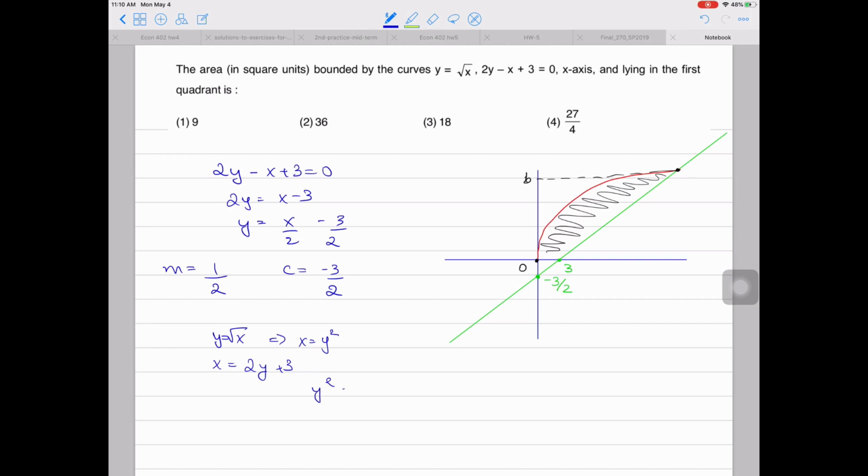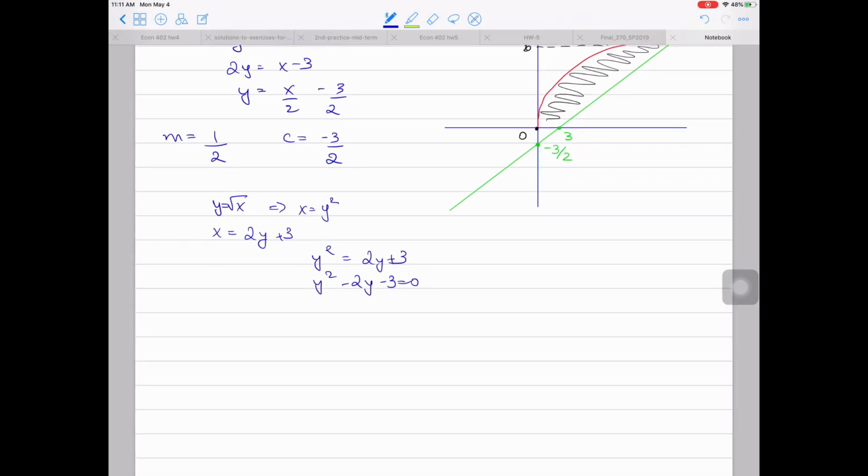So y squared equals 2y plus 3, y squared minus 2y minus 3 equals 0. We can factor this as y minus 3 times y plus 1 equals 0. So we have y equals minus 1 and 3. So y equals minus 1 is not useful for us, so we'll only use y equals 3, which